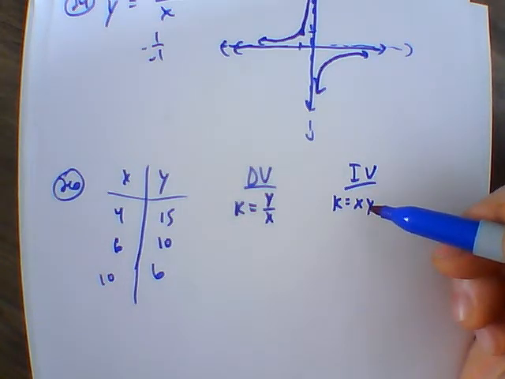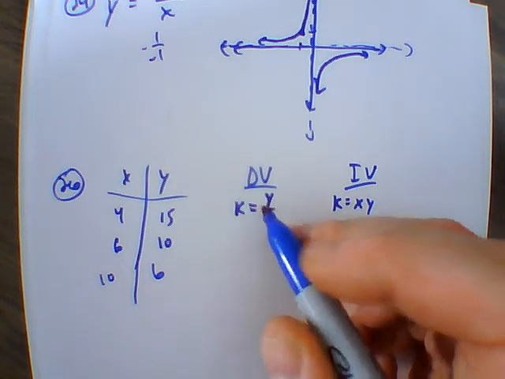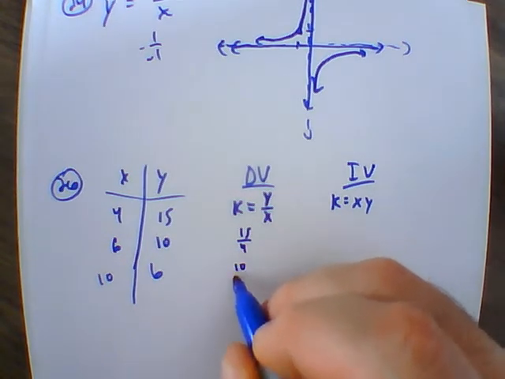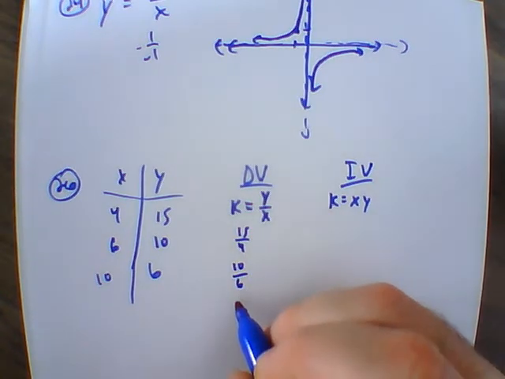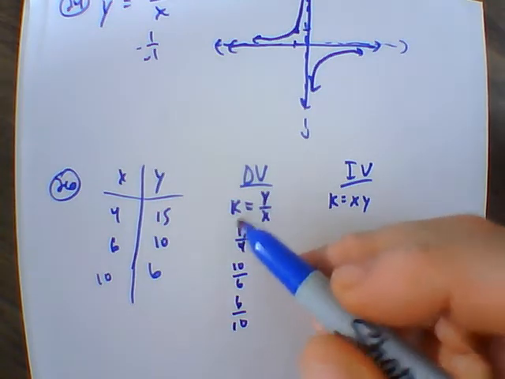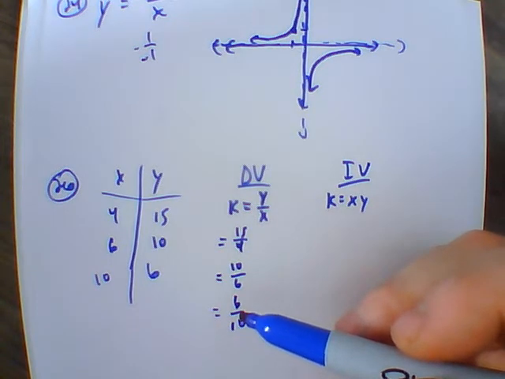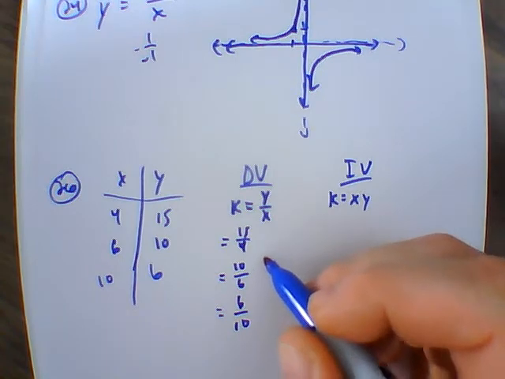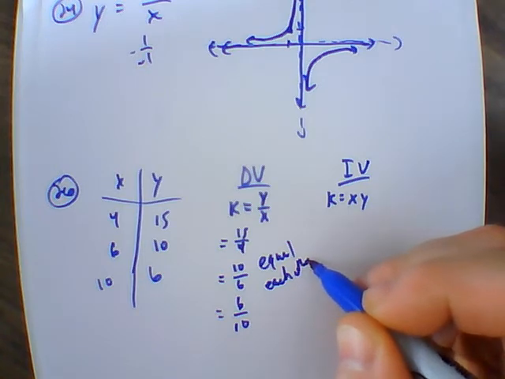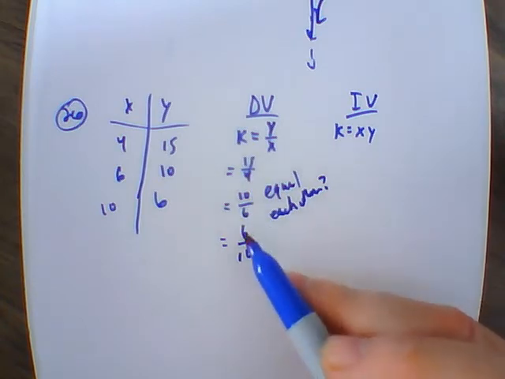So if I start with direct variation, I take my y and divide by x, for each pair. I get 3 different answers: 15/4, 10/6, 6/10. Do they equal each other? If we look at this, this is greater than 1, this is less than 1, so